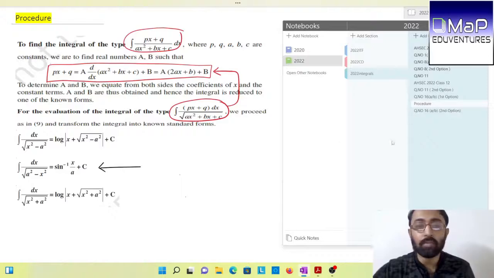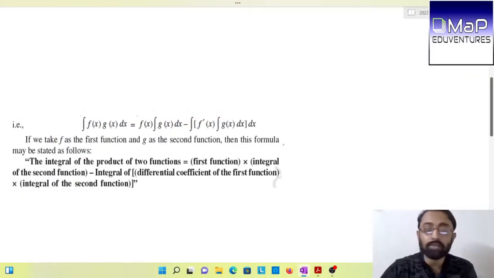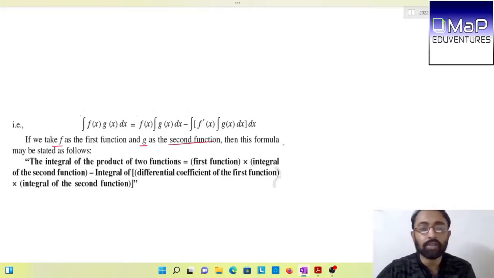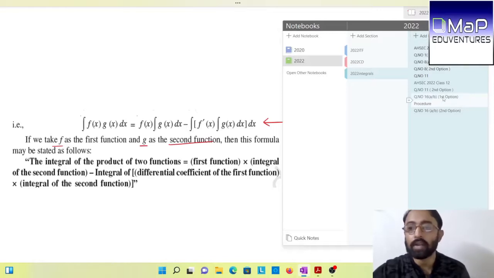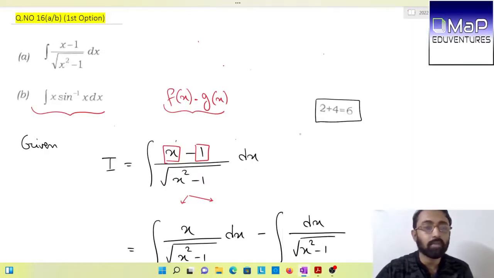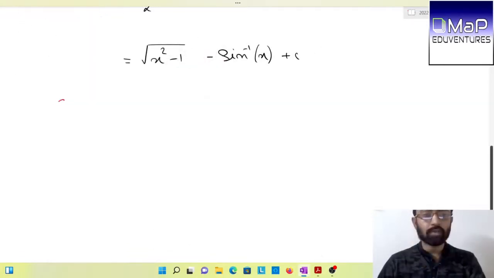Now what is the procedure of by parts? So this is our procedure of by parts. We know that, okay, some statements are written here. Now if you take f as the first and g as the second function, then this is your direct formula, which we will put. Okay, now to apply the formula, we use the rule of ILATE: inverse function, logarithmic, algebraic, trigonometric and exponential. Alright, so here sine inverse will be our first function and algebraic x will be our second function. So first of all I am writing,